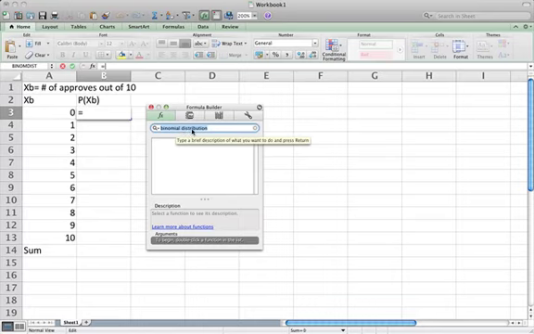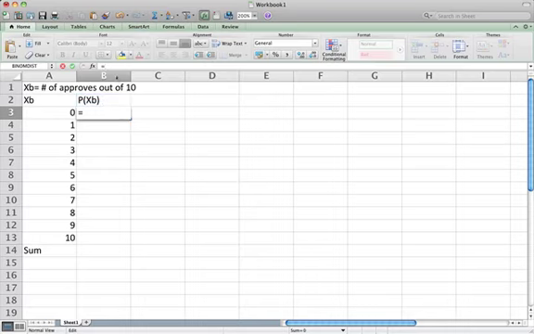I'll just type in binomial, see what happens. I'm stumped on that. Usually it works. We're going to use BINOMDIST, and you'll see that